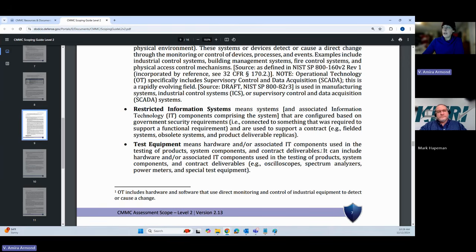And if you have a dev lab or systems used for development and the development itself is considered CUI, which is pretty common, right? So if the government has hired your company to create a program for them, that program code is often considered controlled technical information. Right. So you can't necessarily separate the CUI from the program because that's literally the CUI there. We'd be looking at test equipment for those systems pretty strongly.